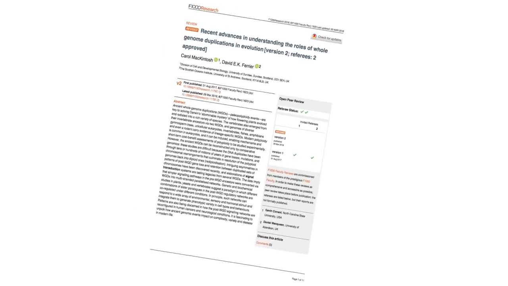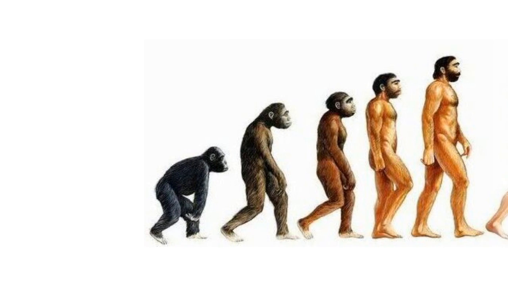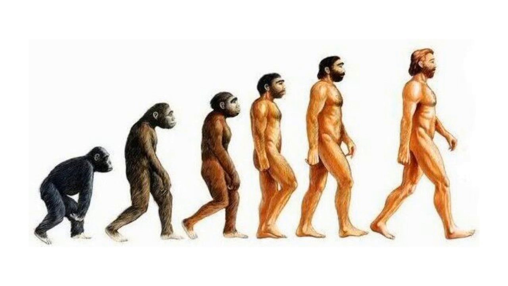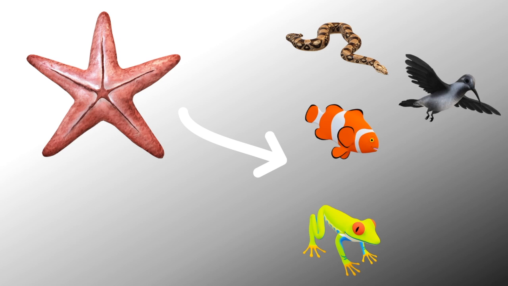Recent advances in understanding the roles of whole genome duplication in evolution, written by Carl McIntosh and David A. K. Ferrier. It's an article based on the understanding of Darwin's abominable mystery. Darwin's theory of evolution can explain the slow transition from one type of species to another, for example, apes to humans. However, Darwin's theory doesn't properly explain how you can get such a large variety of vertebrates from invertebrates,